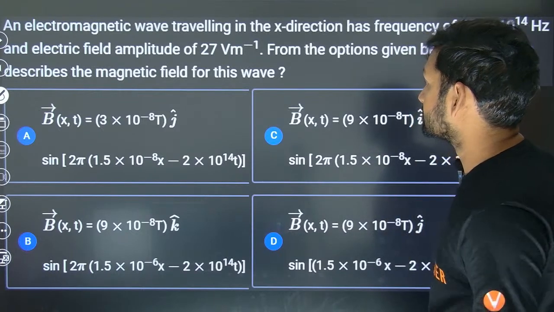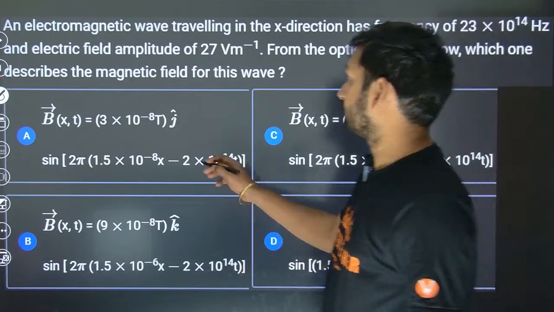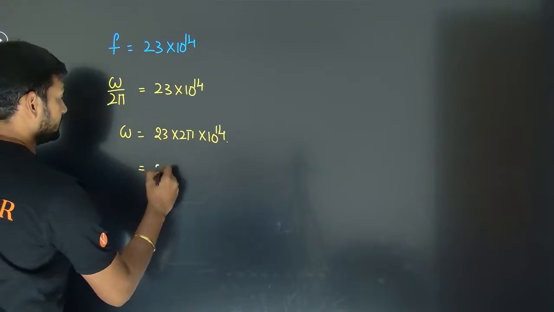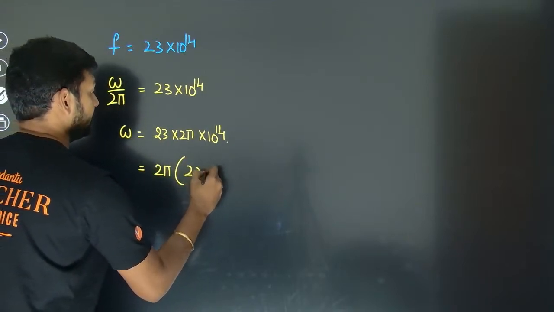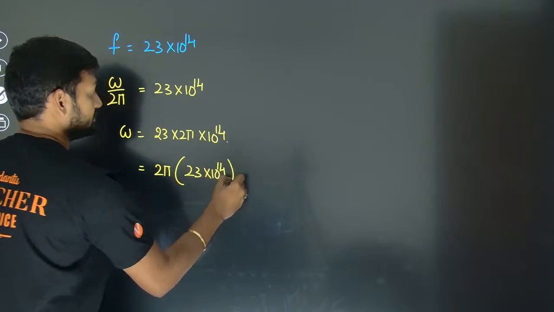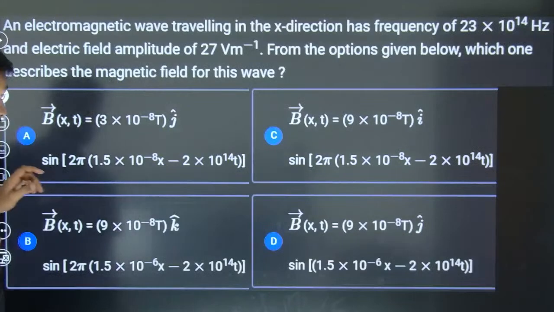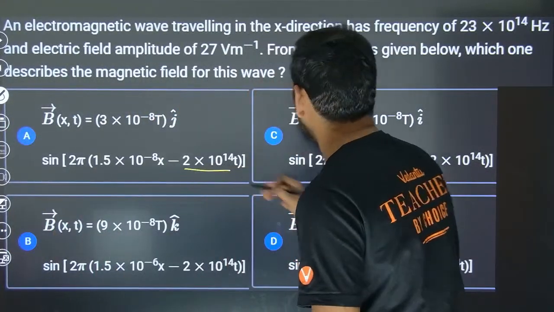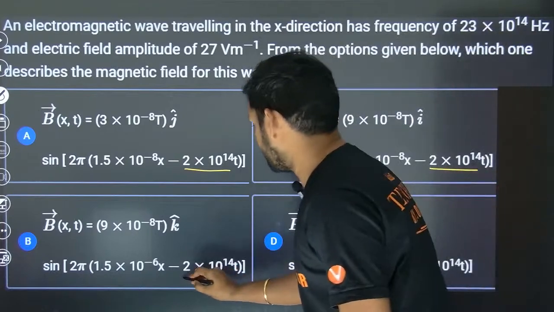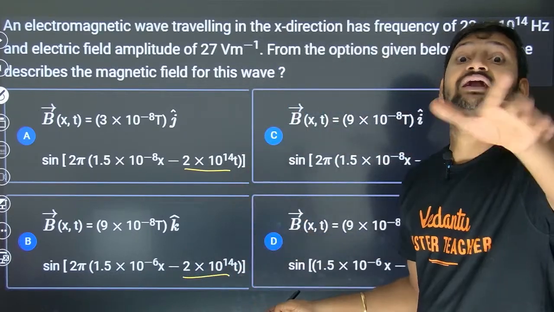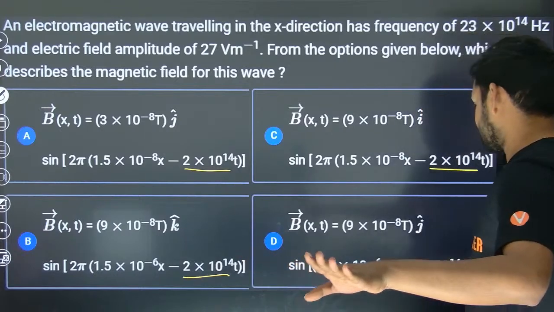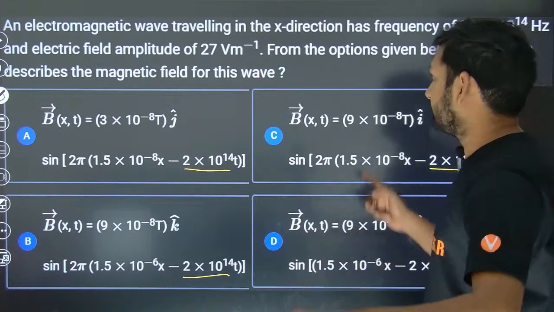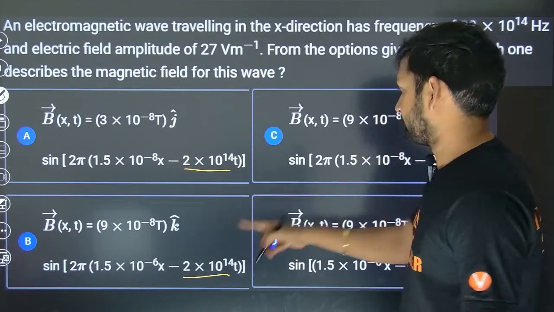None of the options. Something is wrong. They should have typed it, right? You can write it as 2 pi into 23 into 10 to the power 14. So basically I can see that there is 2 into 10 to the power 14 here, here, and here, but it should be 23, right? This is wrong. There is no 2 pi at all. Now in these options,